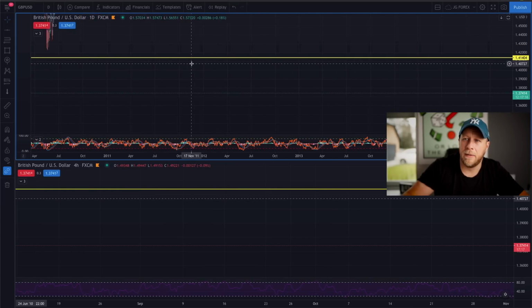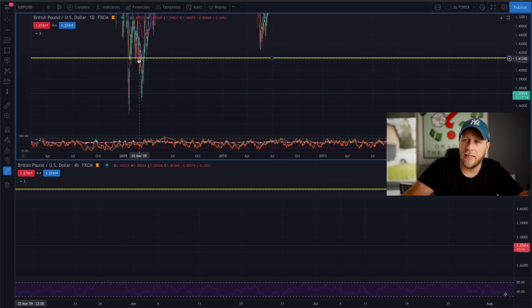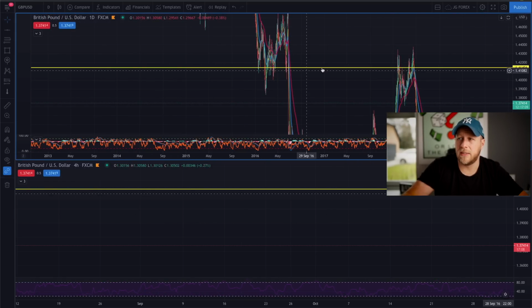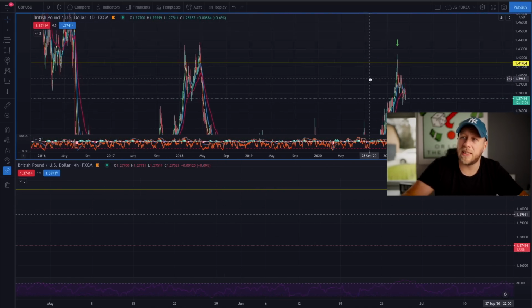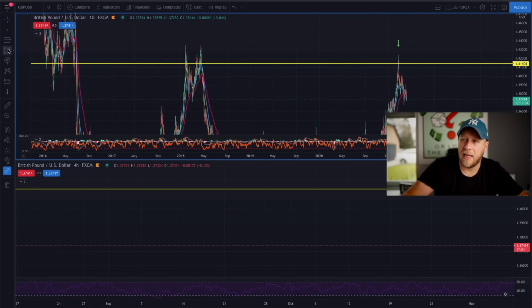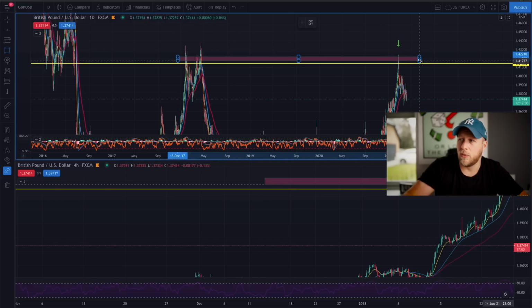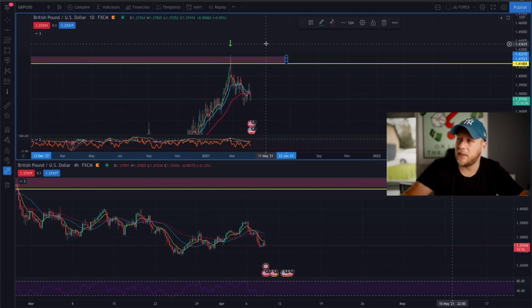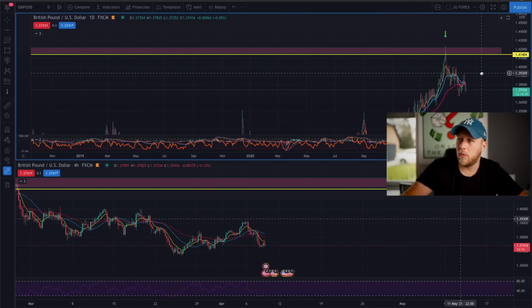If you scroll back, you're going to see that we tested here, right? We closed here, we tested here. So it's quite a decent level of resistance, right? So if it's a decent level of resistance, and we're seeing just recently that we closed, we tested that level and we found some rejection at that level, the next thing to do is to start looking at, well, okay,